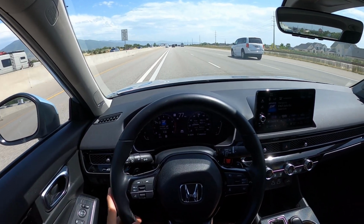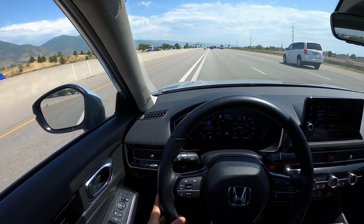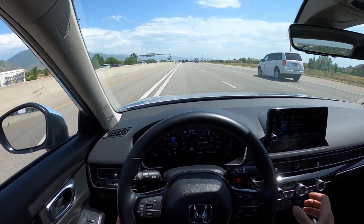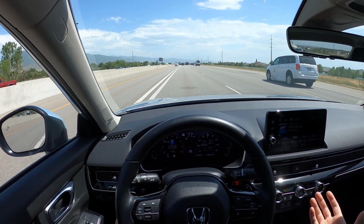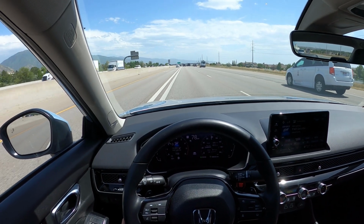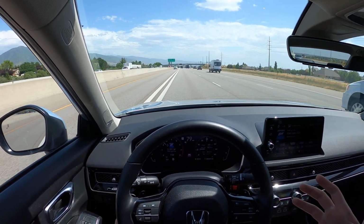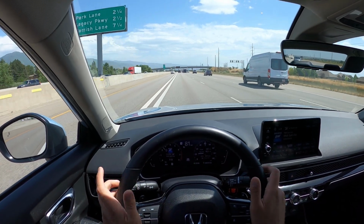Okay, so I have discovered a few things that I'm not exactly a huge fan of here in the Civic. First off, with the steering assistance, I have it turned off right now. It's a good system, it's not a great system. I have driven several cars, and again, these are way more expensive than the Civic, so you gotta give the Civic some slack, like the Mercedes-Benz S580 and the new Jeep Grand Cherokee Overland, that have systems that are just a lot better than this in terms of the steering. So this is pretty good in